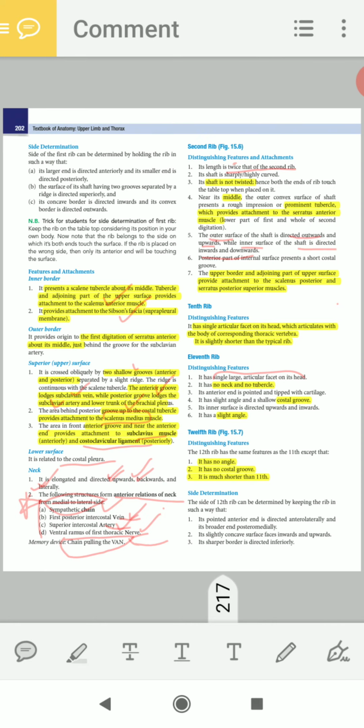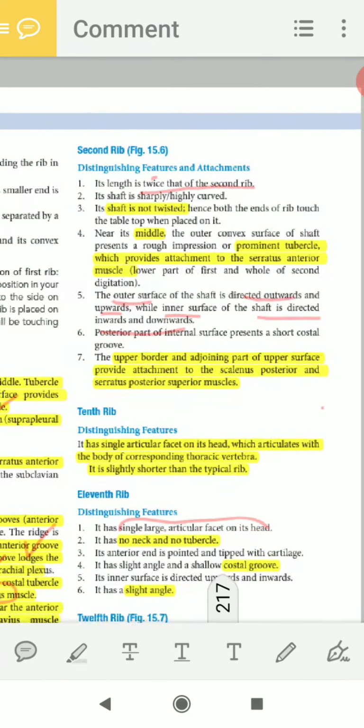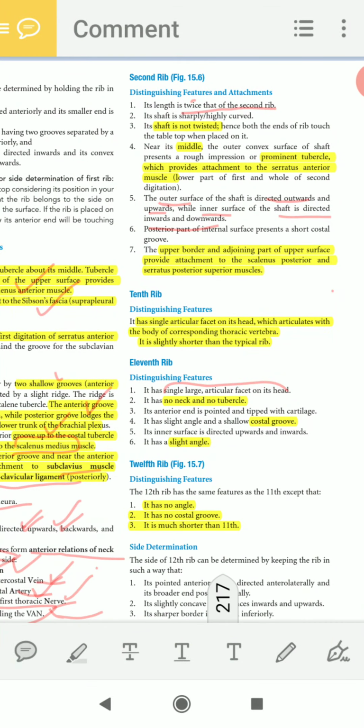Now come to the, so this is up to the first rib. Now we will start the second rib, 10th rib, 11th rib and 12th rib. From these 4 ribs we have to know just the special characteristics, nothing more than that. So at first come to the